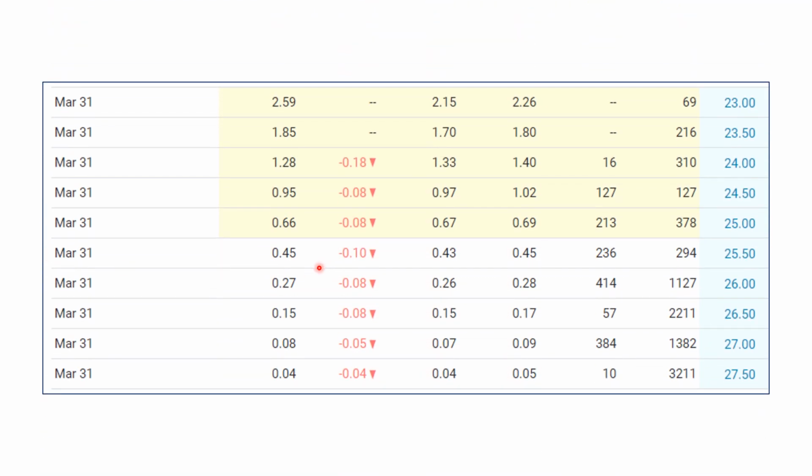This is U.S. Steel. Now look at this. See how the open interest is much lower? The volume is much lower. Look at this quote, right? The last trade is 259. The current quote is 215 to 226. So this could be a situation where you want to sell. It's like, oh, I'll sell mine at 259, and then you get 215.